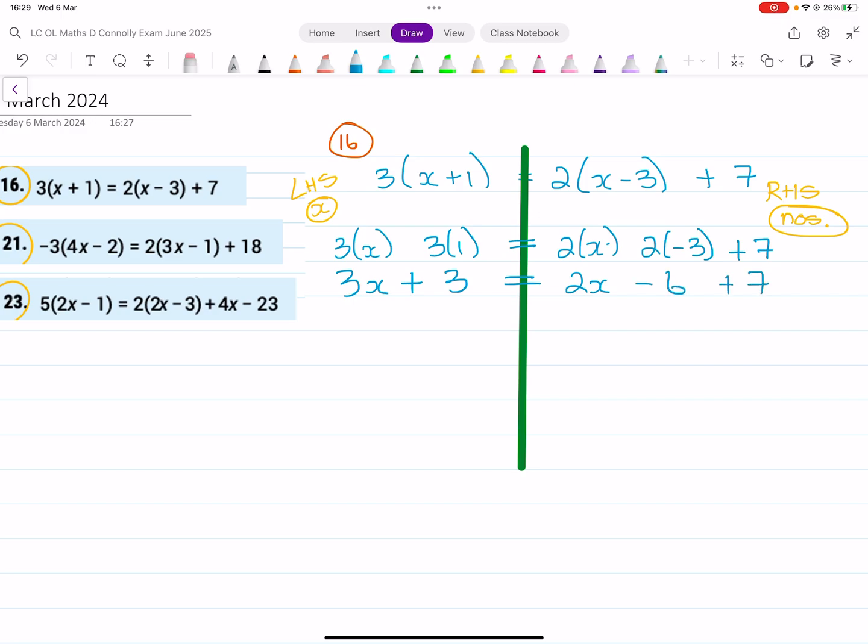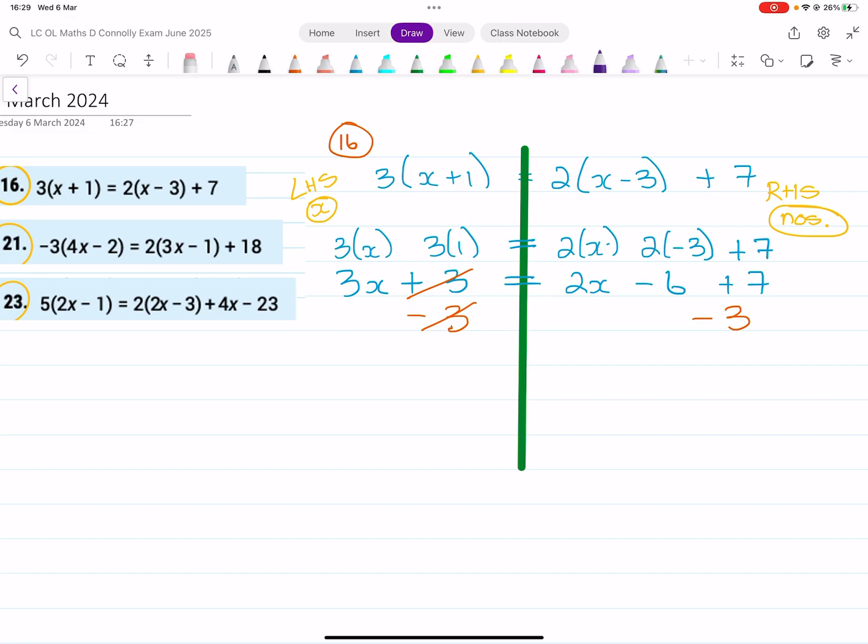So then you're checking which things are in the right places and which things need to move. So the 3x is on the left-hand side, and the left-hand side is the x side, so it's perfect. Now, the 3 needs to move, so the opposite of a plus 3 is a minus 3. They'll cancel, but if I minus 3 on the left, I have to minus 3 on the right. Then if we go over the equals barrier,